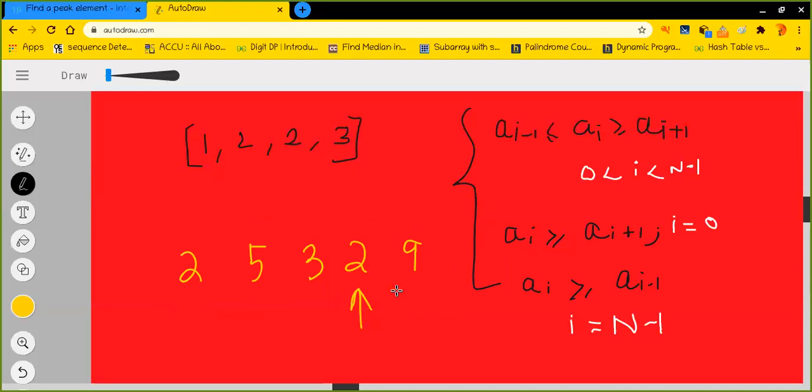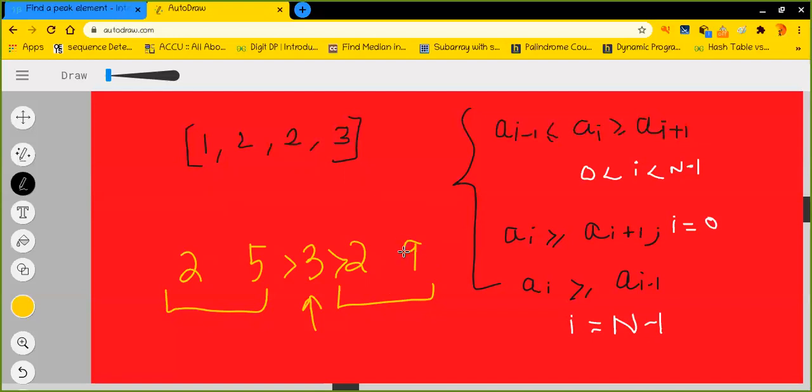Okay, so now let's look into some different example. Let us say I am right here at 3. Okay, yeah, this is pretty much cool. So right here it is bigger than 2, but it is smaller than 5, right? So in this case I have only two segments to decide which side I may go. So if I move to 2, I'm wrong, right? Because there is a 9 which is also a peak element. Okay, but this is not guaranteed. This is what I'm saying.